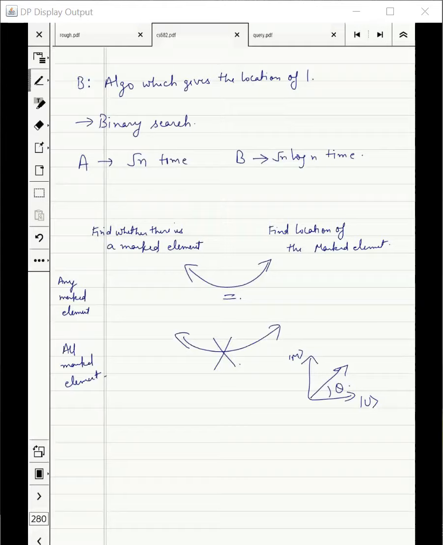Yes. I was just saying it intuitively, but if you look at the query complexity, if there are t marked elements out of n, then finding whether there is a marked element takes square root of n by t. You see that as t increases, it becomes easier and easier. If you want to give the location of all the marked elements, this is square root of n t, and these bounds are all proved. So you see that it is t times square root of n by t.